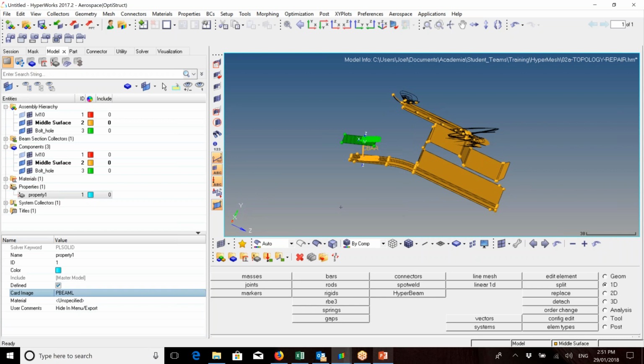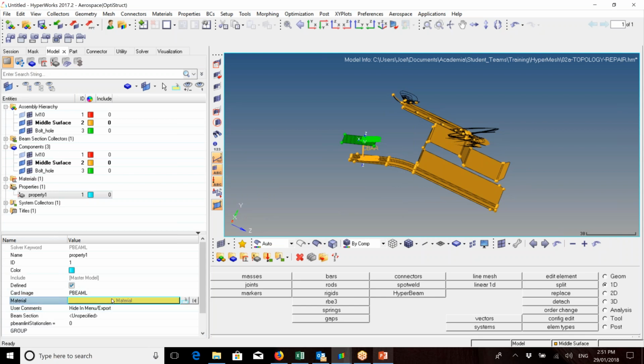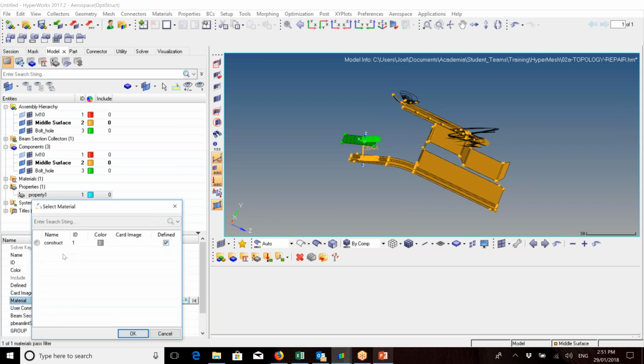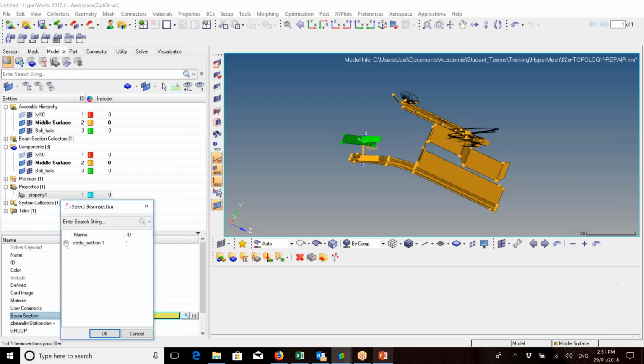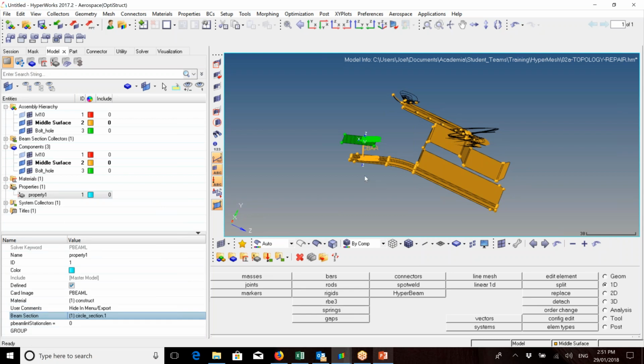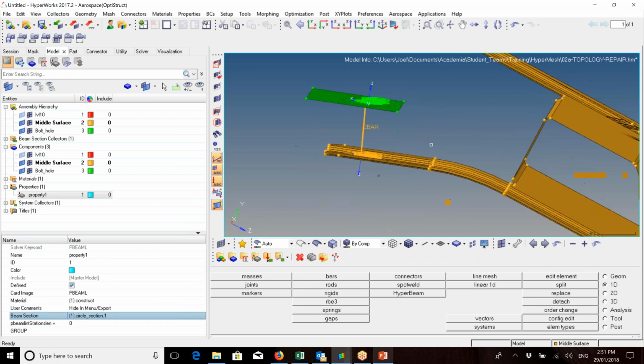PBML, sorry. And you got your material. So the material. And now you choose your beam section. That's the one we just created. And obviously, and then